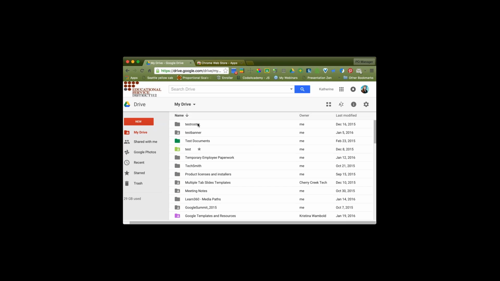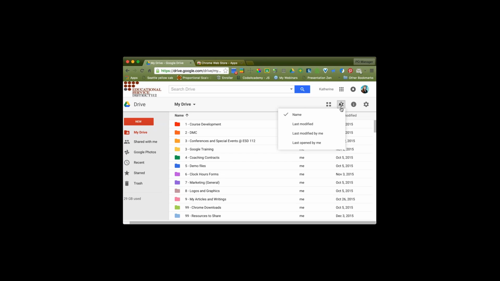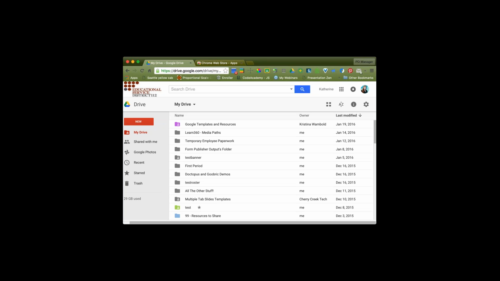Mine is as numbers first, so I've just sorted those to the bottom, and I usually leave them like this. I have some sort options right here. I can sort it by modification date as well. So if I want to just look at what's the last thing that was modified in this drive, and this,